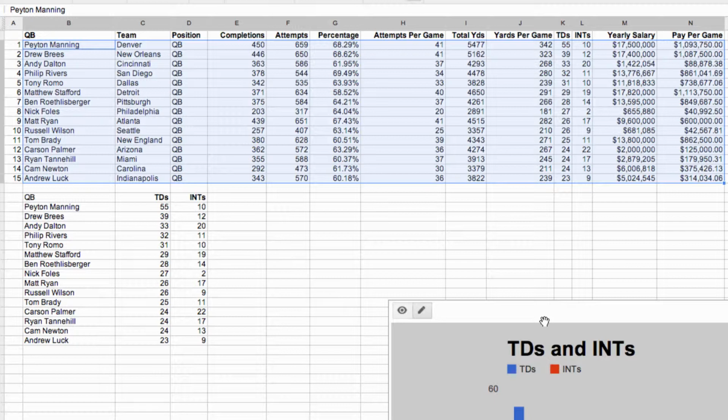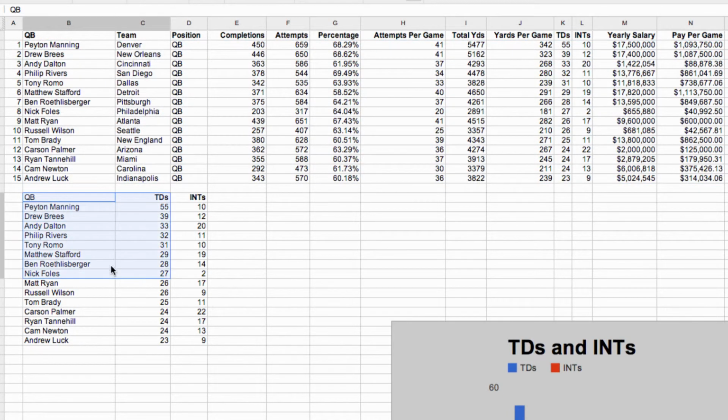And so therefore you might want to stick with a column chart or a stack column or maybe even a bar chart to make it look a little differently. So you pick out any kind of chart that you want, and you must chart at least 3 items like I did. Quarterback, TDs, INTs, okay. You could chart, for example, quarterback, completions and attempts. You could go quarterback and yards per game and pay per game to see if the quarterback